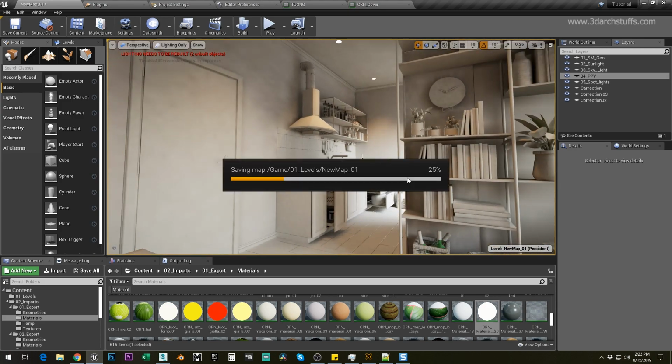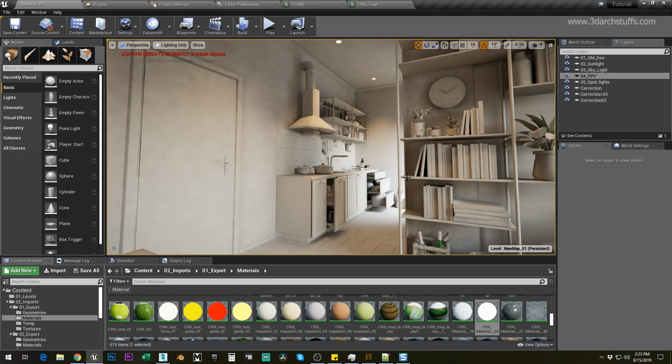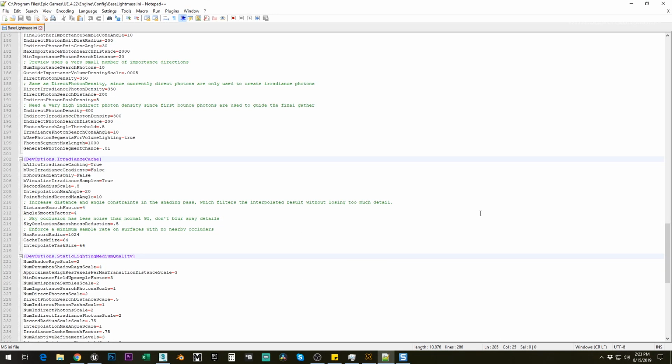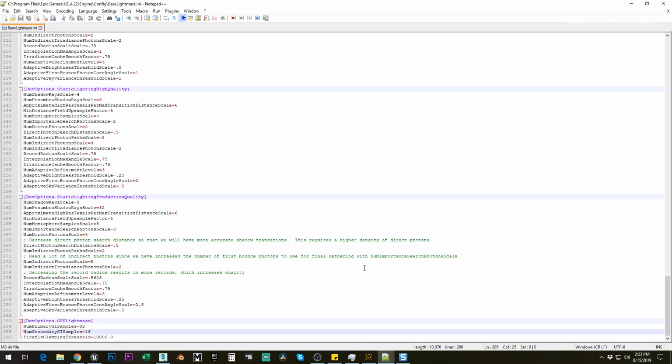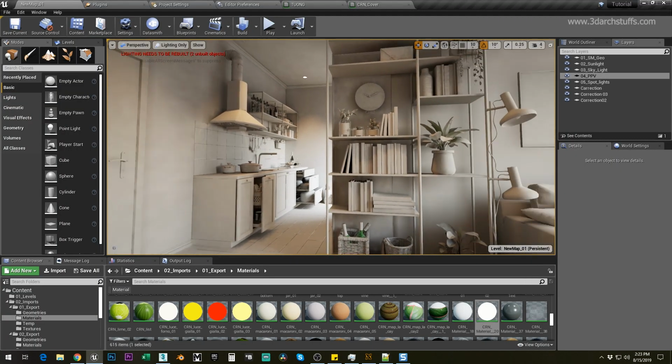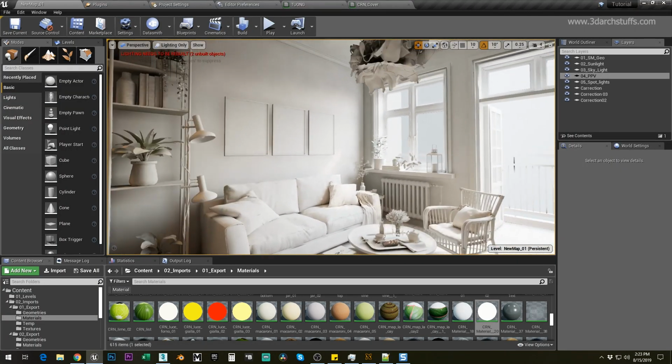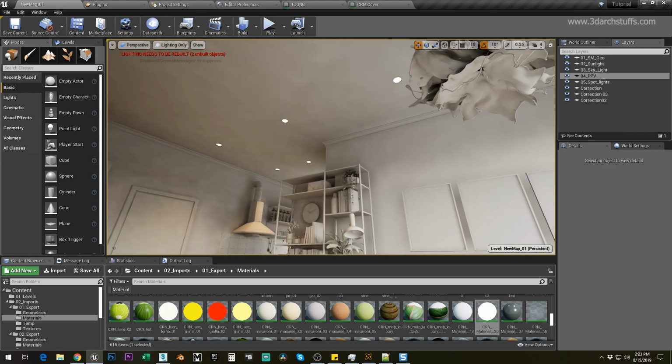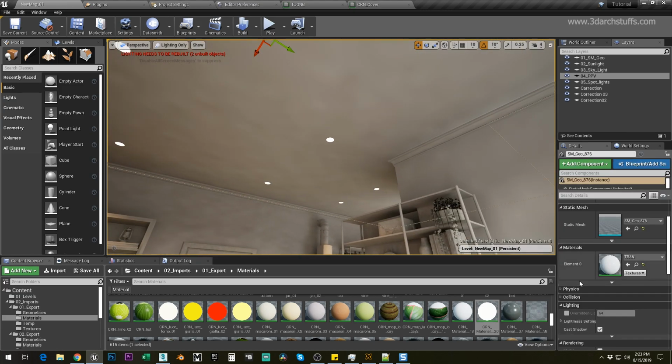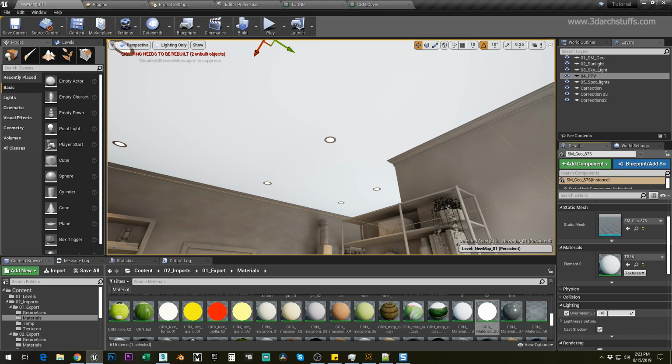So now we'll go ahead and increase the lightmap resolution, and then increase the settings inside our BaseLightmass INI for the best quality possible to get rendered for this scene. And for that, what we'll have to do is just increase the resolution. So I'll select this and increase to 1024,